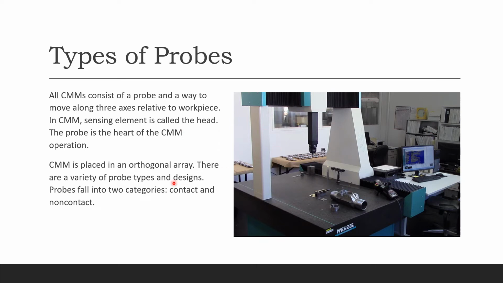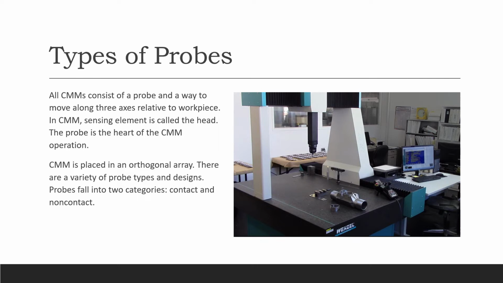All CMMs consist of a probe and a way to move along the 3 axes. So we go back to our 3 axes again. You can move here along the Y-axis, and that's your Z, and then this is your X. This imaginary axis, when you look at it, you should be able to know immediately. So practice that. All CMMs consist of a probe that can move along those 3 axes